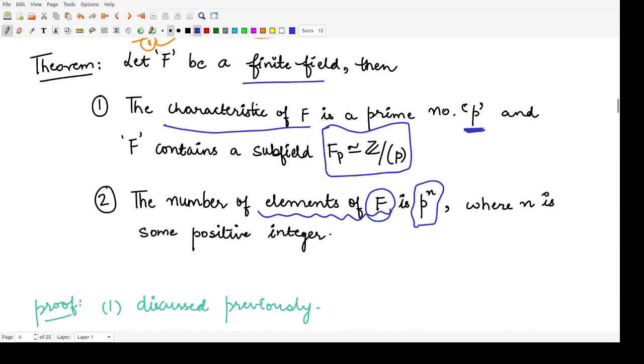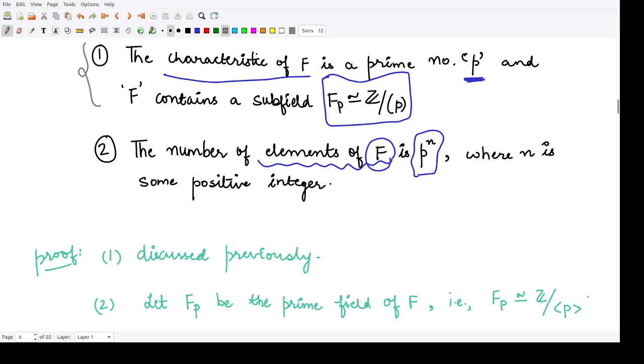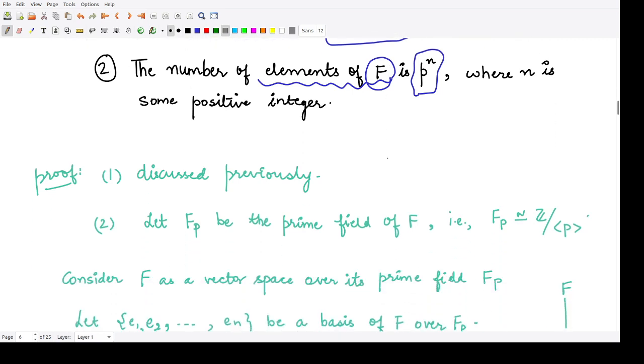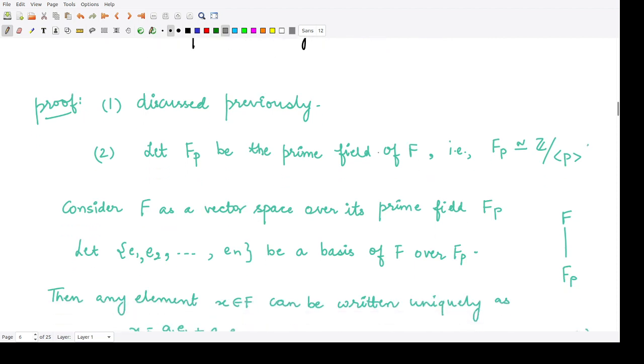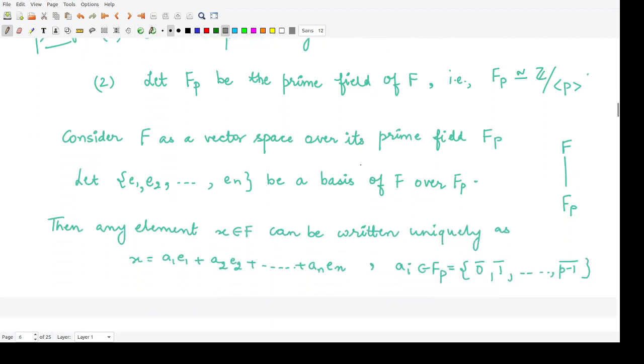So let us first see how we can prove this. For the first part, we have already proved that this field Fp would be isomorphic to the field of integers mod p. For the second part, where we have to show the number of elements of F is p to the power n, where n is some positive integer, let us see how we can prove this.